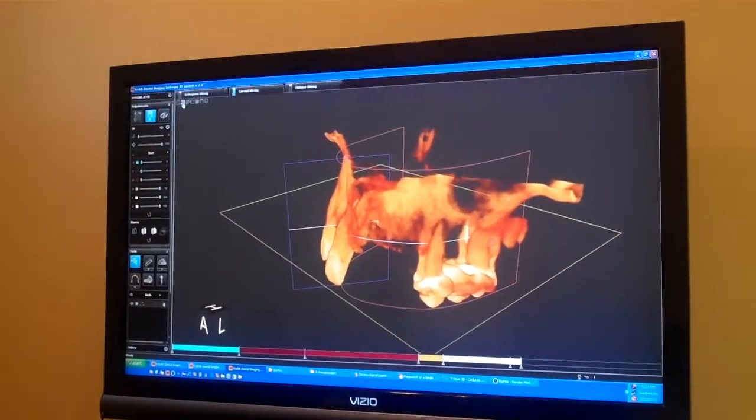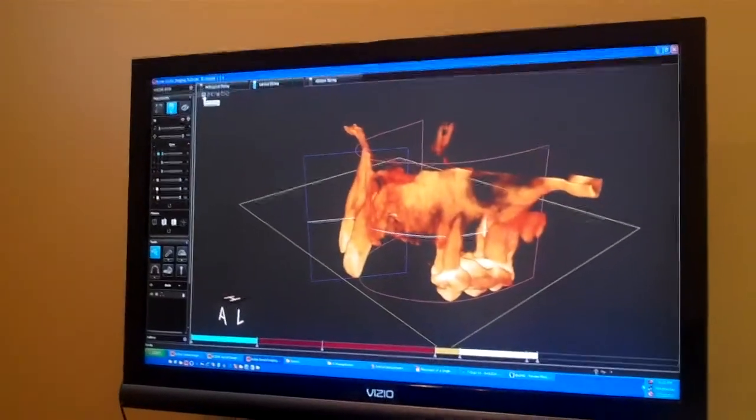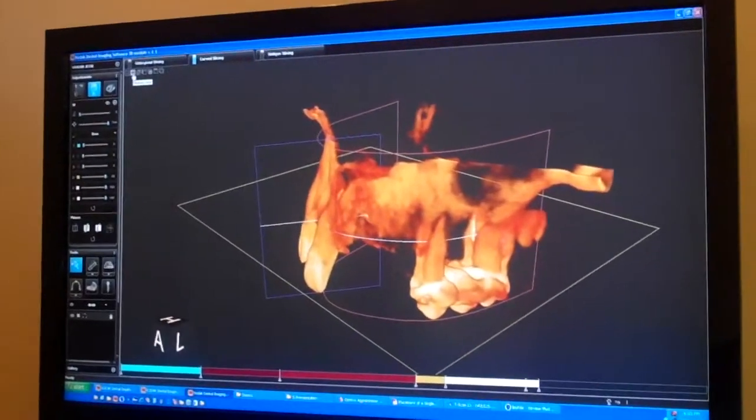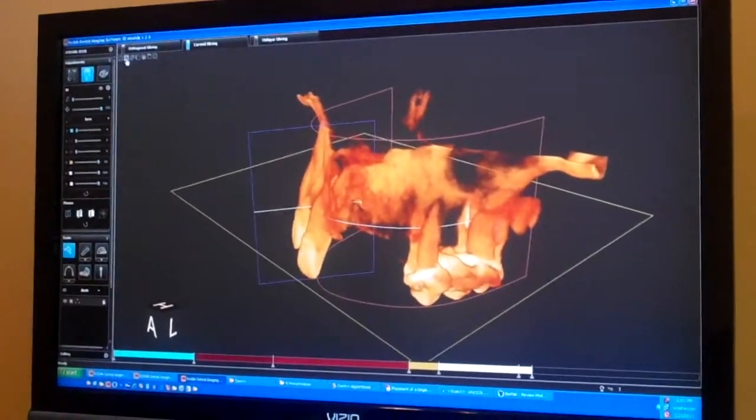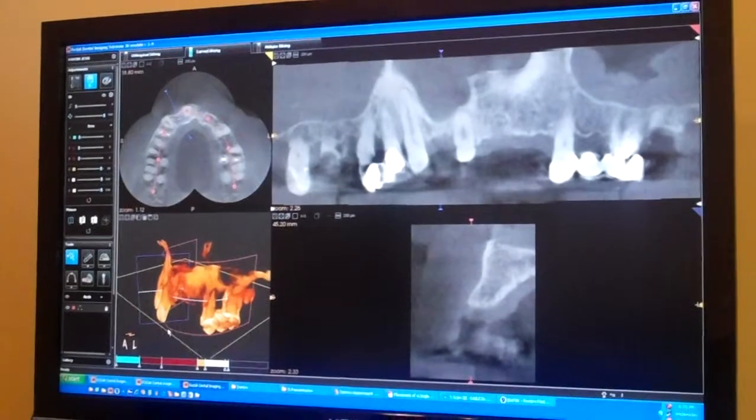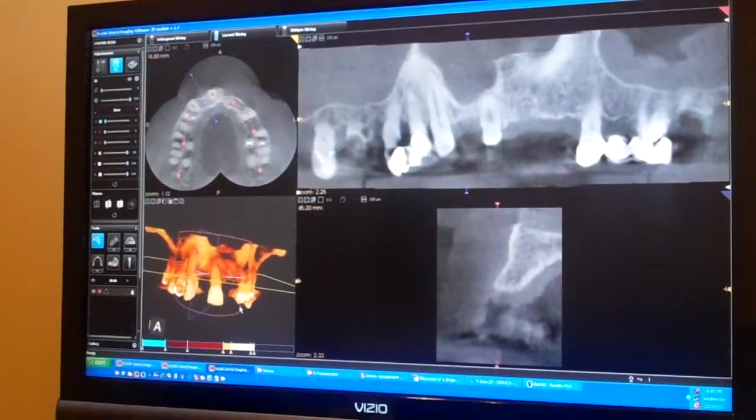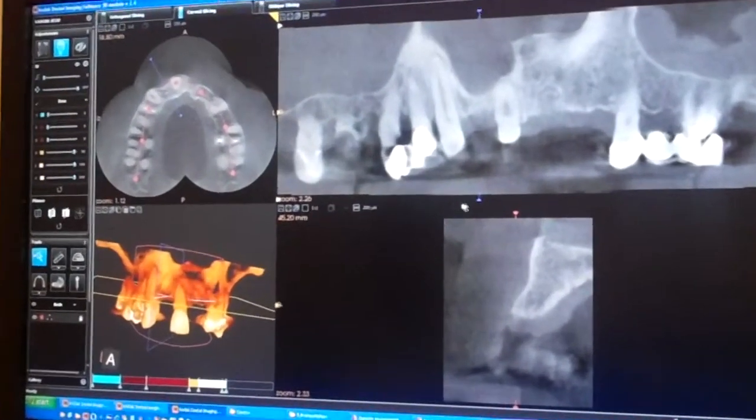Okay, now doctor, just walk us through what you're showing us here, please. Sure, Giles. This is a different patient who actually is in need of removal of his teeth because of some unrestorable teeth and some issues with his periodontal status, and he's interested in getting some dental implants to support his